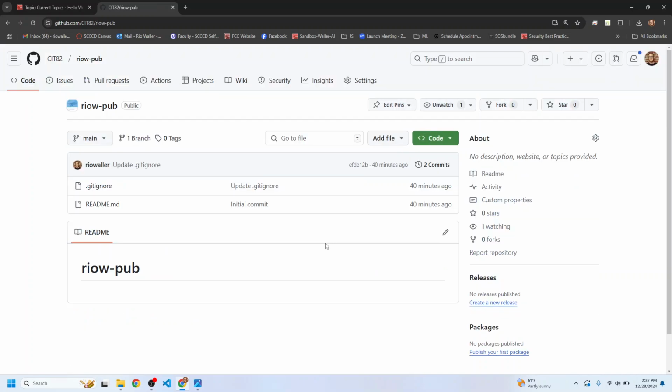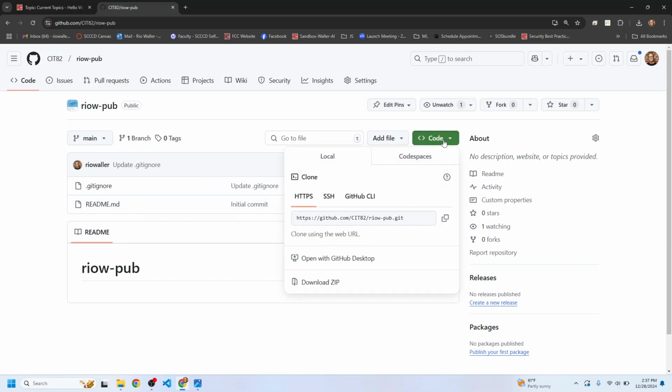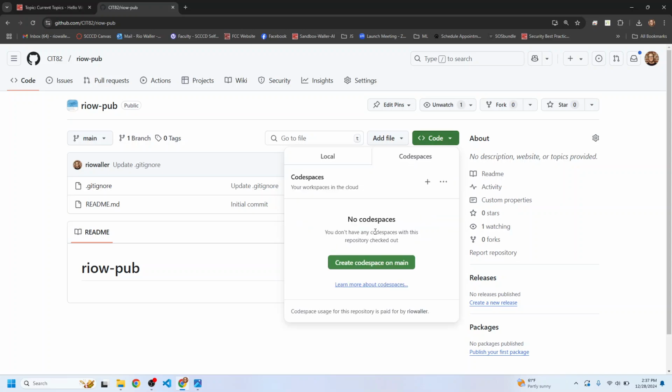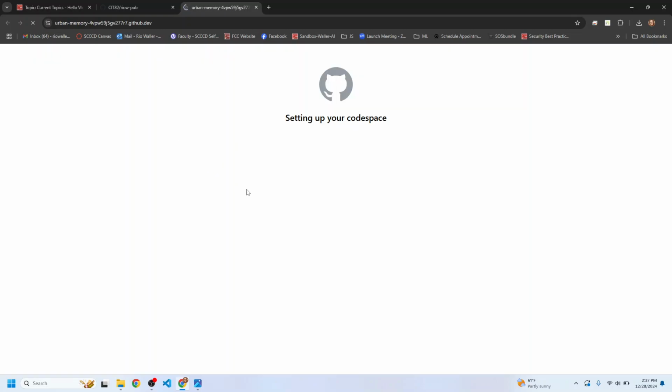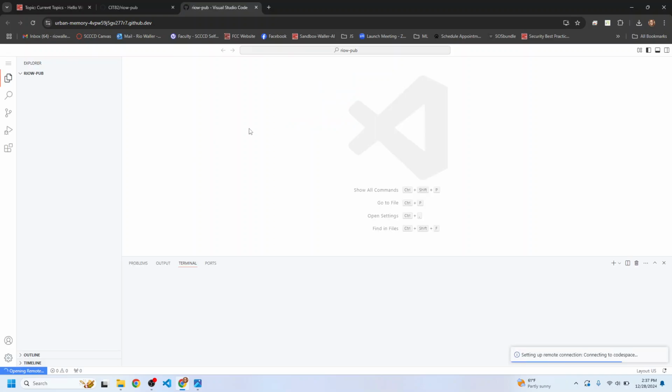Because you should have created both in that previous assignment. So under here, I'm going to go to code space. I'm going to create the code space. Should only take a second to set it up. Okay. And then now in my code space, because now I'm getting more experience working with my code space,